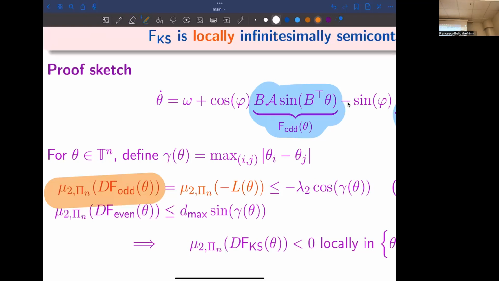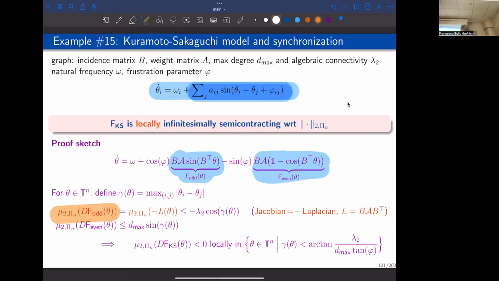So here, this is equal. I use the symbol L to denote the Jacobian of that. It's equal to minus the Jacobian of that. But then this is just equal to lambda 2, like in the linear case. Does that make sense? It's really the same calculation. It's just that the Laplacian is a function of theta, and I get a lambda 2, which is a function of theta. In fact, more precisely, this is lambda 2 of the original unweighted graph, sorry, undirected graph without the angles, but then it happens to multiply a function of theta. Does that make sense? So without too much effort, you can reapply the same theory from before and show that